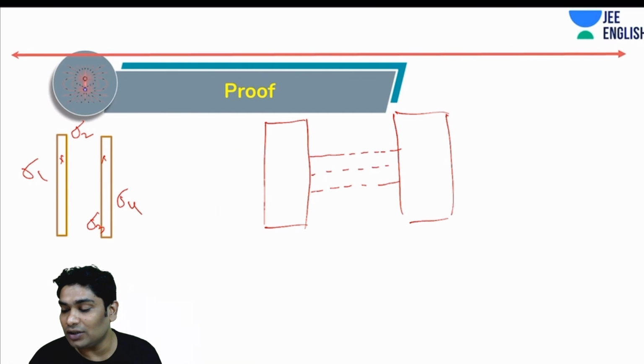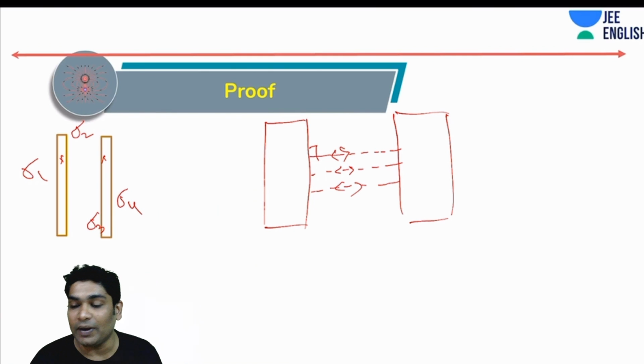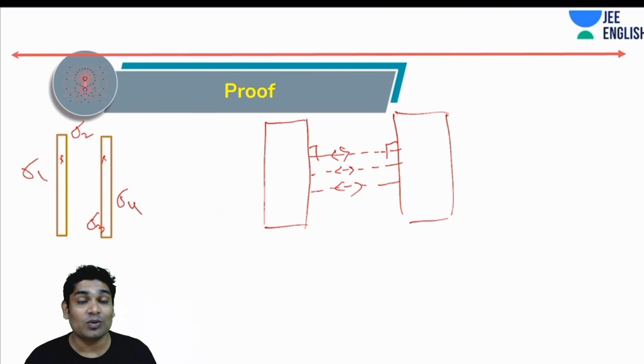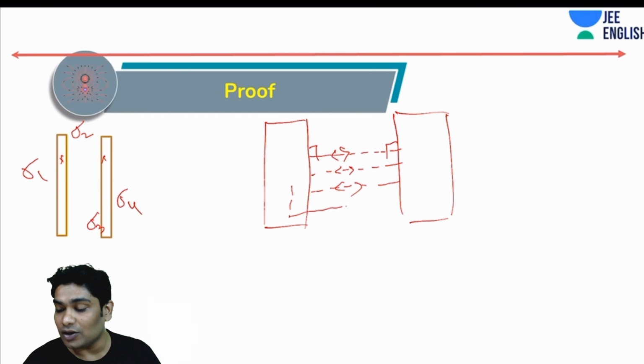In this region, I know that the field has to be either in this. But what I know for sure is that it will be perpendicular to both the sheets. Right? You'd already assumed that both the sheets to be infinite. An infinite sheet produces electric field to itself. So now, if I consider an arbitrary Gaussian surface,